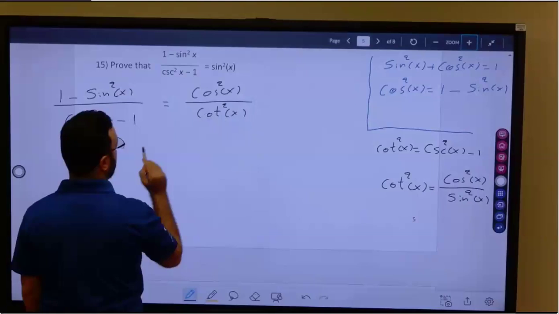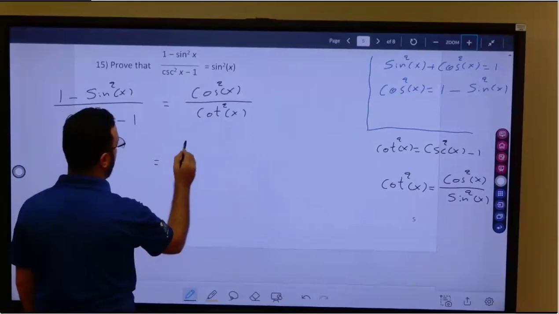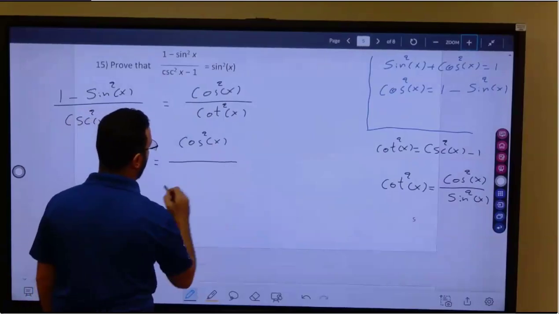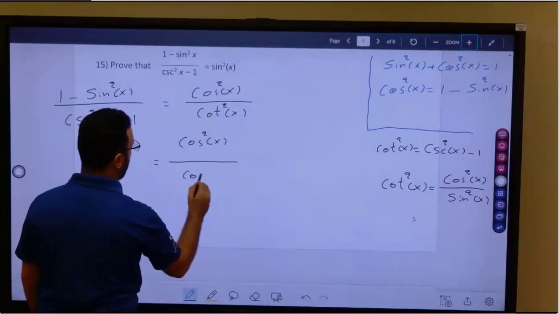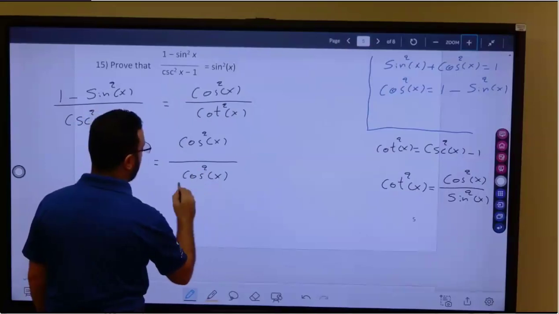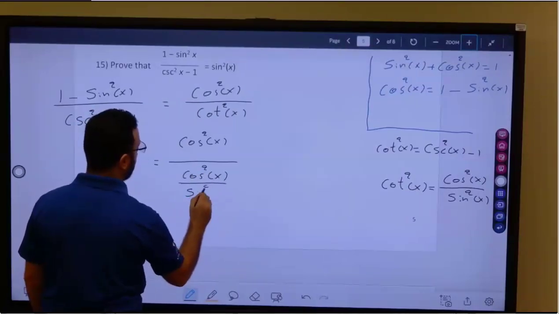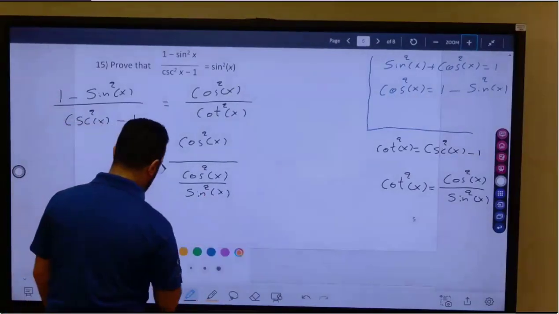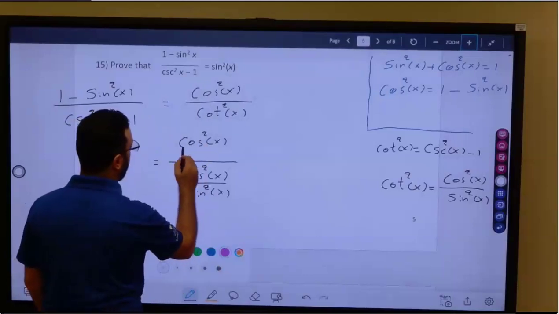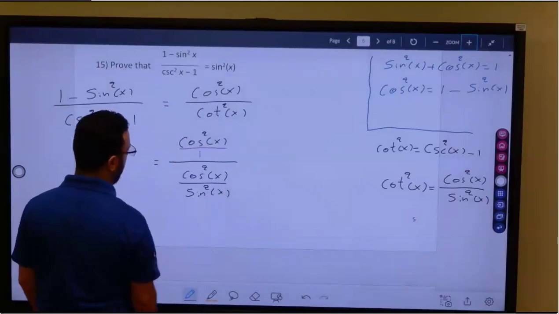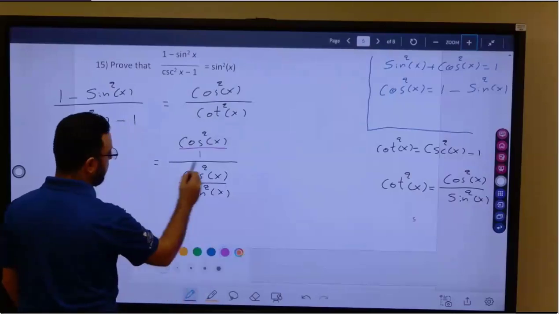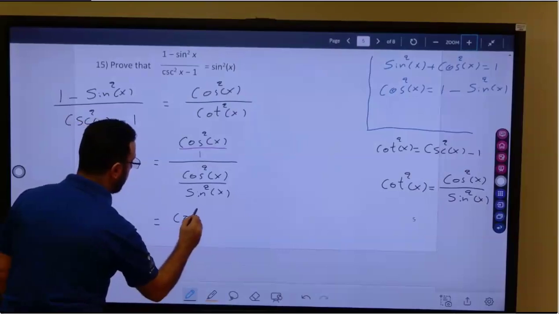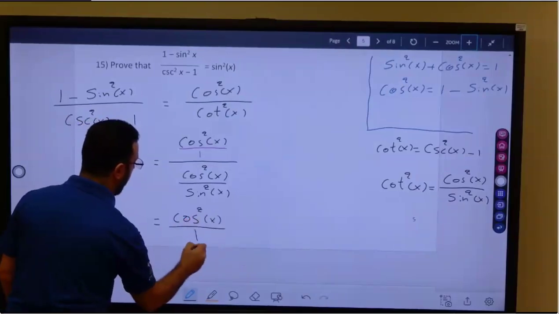So I'm going to plug in instead of cotangent, let's see, this is equal to cosine squared x divided by sine squared x. Next step, I can write down cosine squared x divided by 1. In this case, this is division. So I'm going to write down the division, which is the top part, cosine squared x over 1,